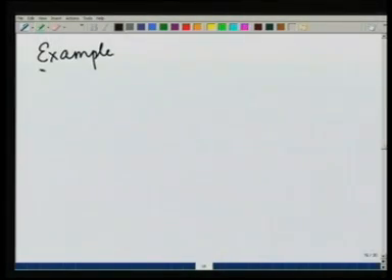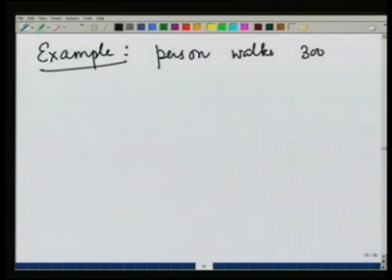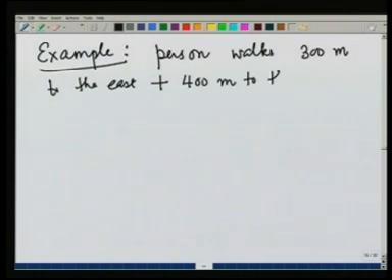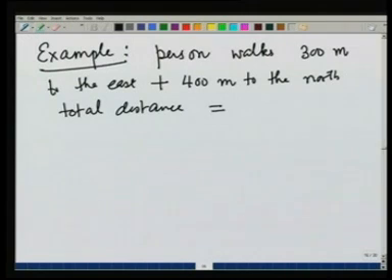So, example 1, suppose there is a person who walks 300 meters to the east and then 400 meters to the north. We want to ask what is the total distance he covered. This is obviously 700 meters, and then we ask what is the vector displacement